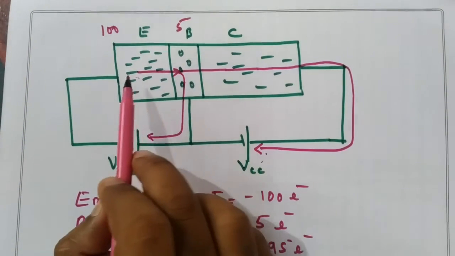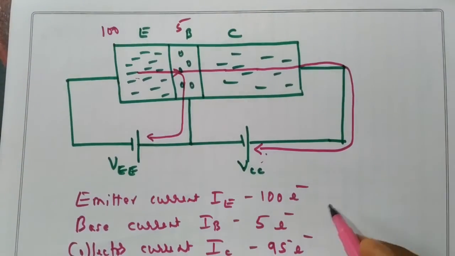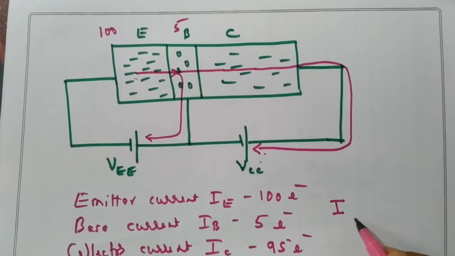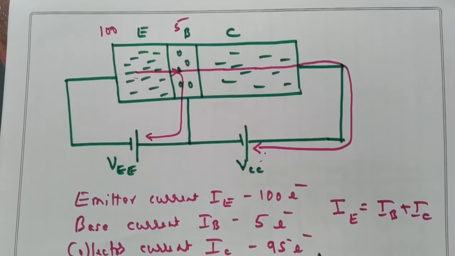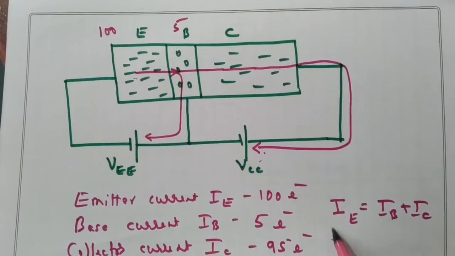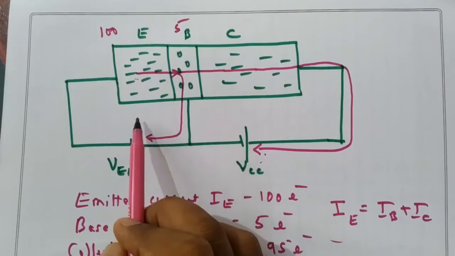See here, the emitter emits the charge carriers, and the collector collects those charge carriers. What is the current equation? The transistor current equation is IE is equal to IB plus IC. Here the emitter current is the largest one, that is why, because the emitter is heavily doped, and the collector